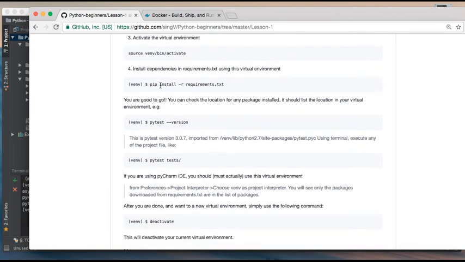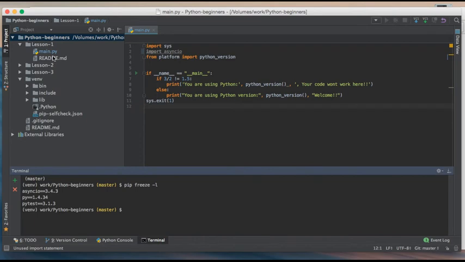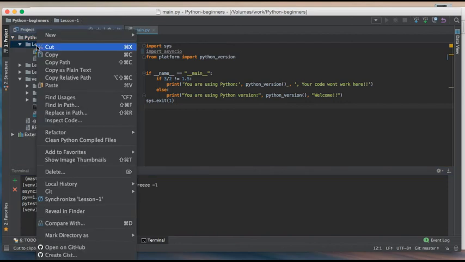One part is left, which is installing the requirements to a requirements file. So suppose you're working on this project and you have installed n number of requirements. Now you want to club all these requirements for this package, and you want to list them in a requirements.txt file. So what do we do here? We just issue this command, pip freeze -l. It will list all these dependencies, and we can just copy them, and inside, suppose lesson 1 is one of the projects on which you are working,